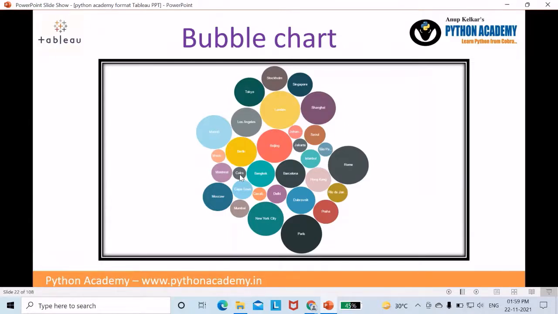This bubble chart shows the London and Paris are the most popular cities as per the tourist, and hence the area of circle is bigger as compared to the rest. And if you see what is the least popular country or state, you can see here the Jakarta or Cairo is the minimum or least popular for travels and tourism. This is the inference of bubble chart.